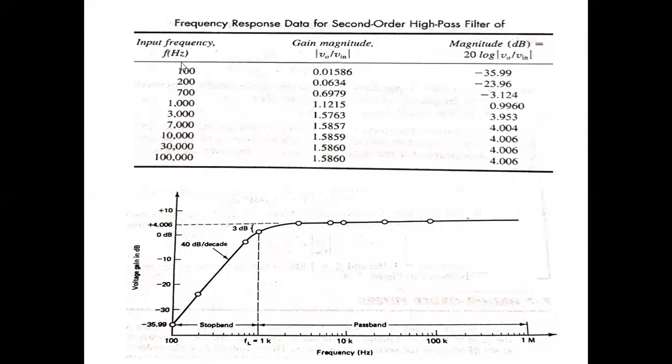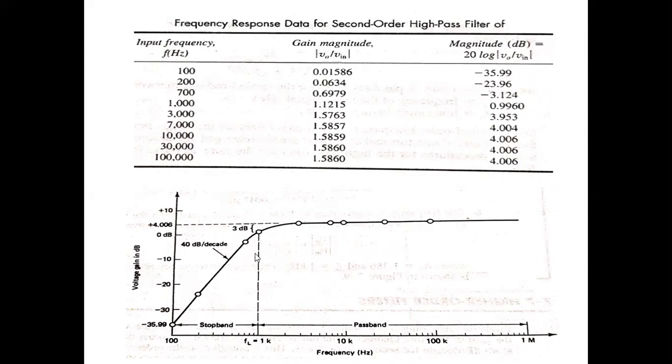Okay, substituting those values, we can plot a table. Whenever the input frequency is 100 Hz, the gain magnitude becomes 0.01586. In terms of dB, it is minus 35.99. Whenever the frequency is 200 Hz, the gain magnitude is 0.0634, that is, in terms of dB, 20 log of V naught by Vin is equal to minus 23.96. In this way, we can calculate some values in order to plot the